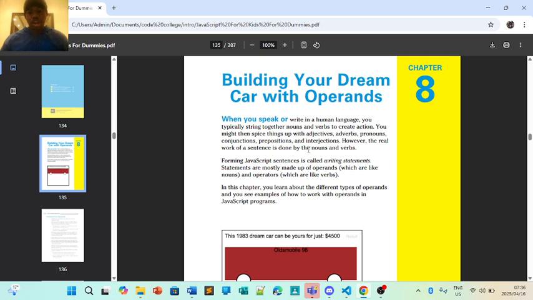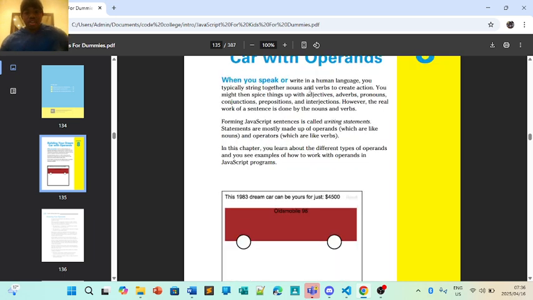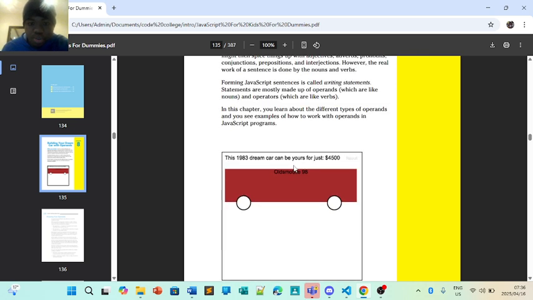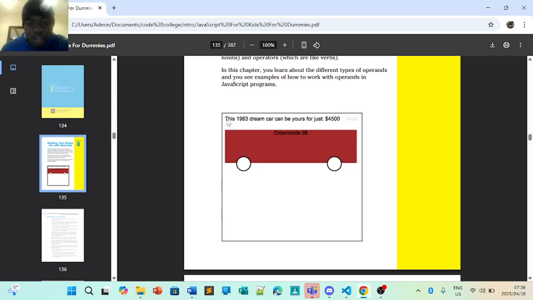When you speak or write human language, you typically string together nouns or verbs to create an action. You might then spice things up: adjectives, adverbs, or pronouns, conjunctions, prepositions, and interjections. However, the real work of a sentence is done by the nouns and verbs. In JavaScript, a sentence is called writing statements. Statements are mostly made up of operands, which are like nouns, and operators, which are like verbs. In this chapter, you will learn about different types of operands and see examples of how to work with operands in JavaScript programs. Right, so this is what us humans see,